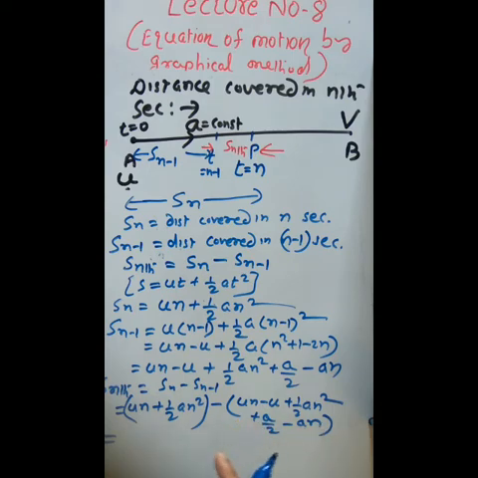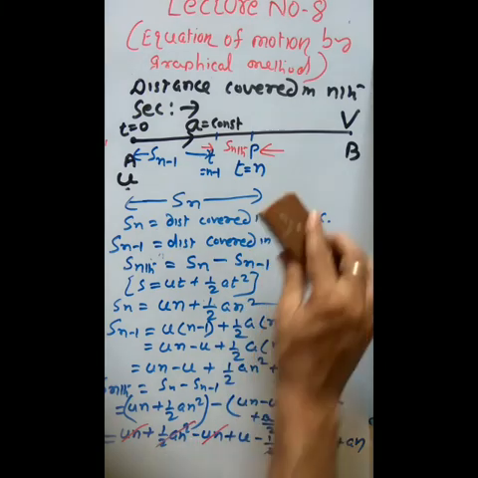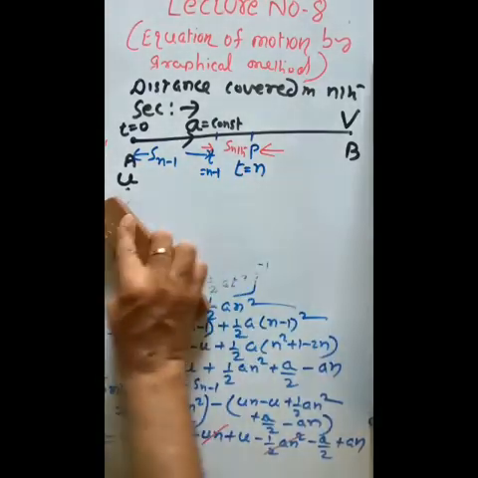If we remove the bracket, what will happen? I am writing here un plus half a n square. Remove this bracket, so you will get minus un, minus minus plus u. Here minus half a n square. Here it is minus a by 2. Here it is plus an. Now you see plus un minus un cancel, and plus half a n square minus half a n square cancel. So finally we got